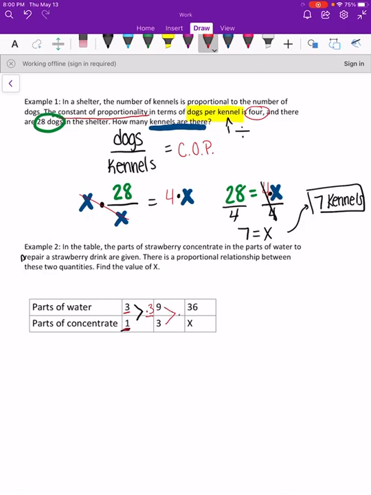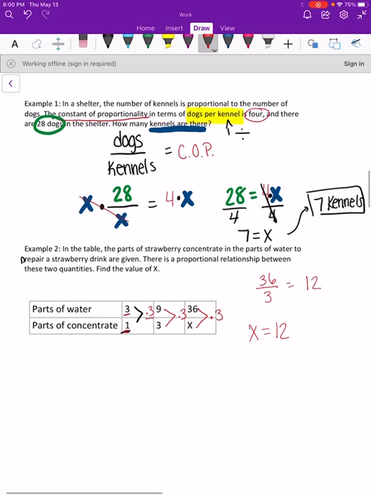3 times 3 equals 9. So what number times 3 equals 36? Well, we can find that out by doing 36 divided by 3, and that's 12. So X equals 12. And that makes sense because 12 times 3 is 36. So just look for those patterns. Our brains are really good at finding those. So just look for those patterns and see what you can do with it. That's how we do